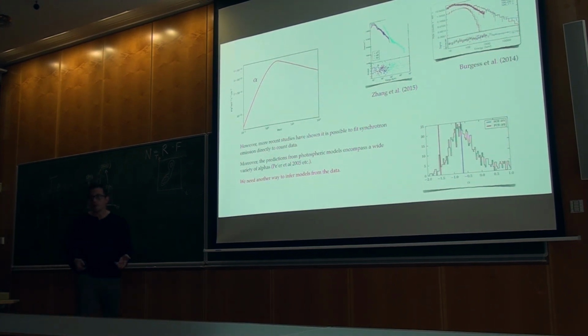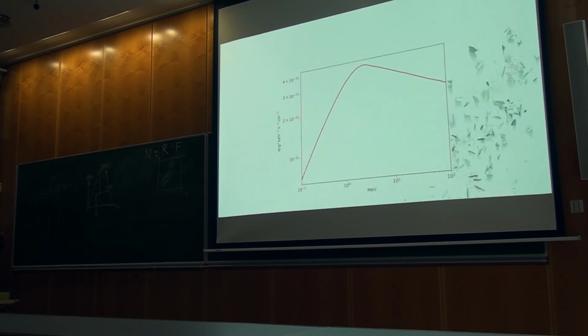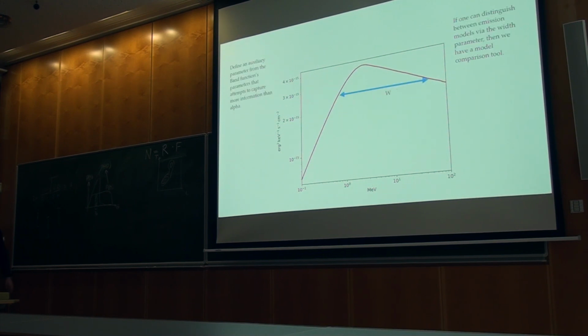However, we found that if you want to go through and spend the time to compute this numerical model, you can actually fit synchrotron to a lot of these spectra in the count space when you actually fold the model through. That would have been rejected if the index would have been too far to one side or the other of this alpha distribution. So people said, okay, maybe this is how it works. So instead, rather than measuring the low energy index on this empirical function, we'll measure the